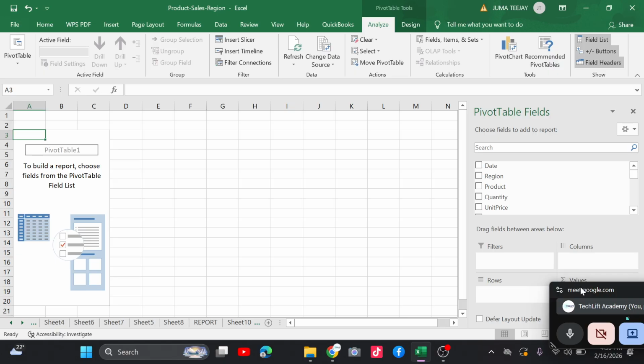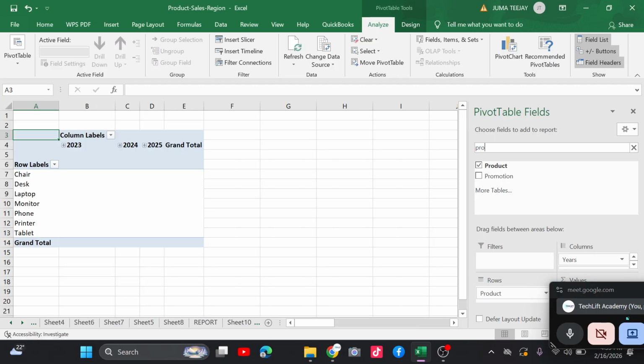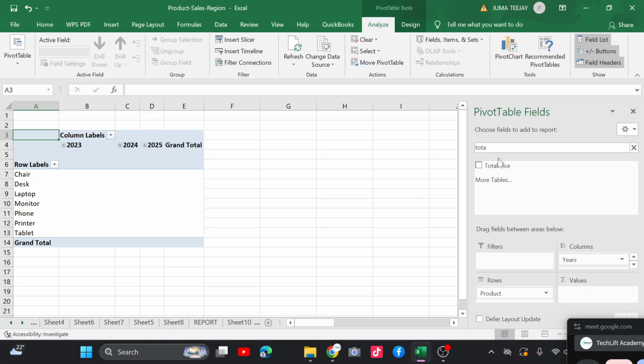So we need the date. We can first put it under columns. We need the products, the product column. We can put it under rows, and then we need what else? We need the total price. We can put it under values. Okay,